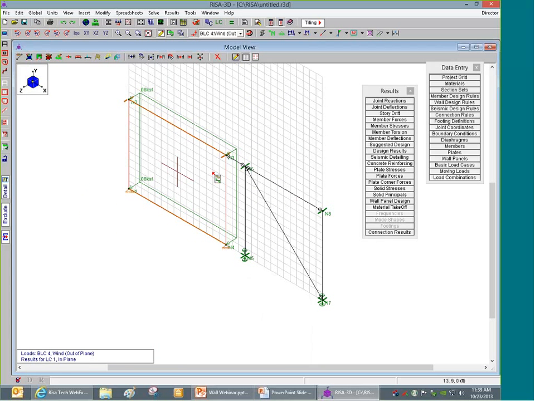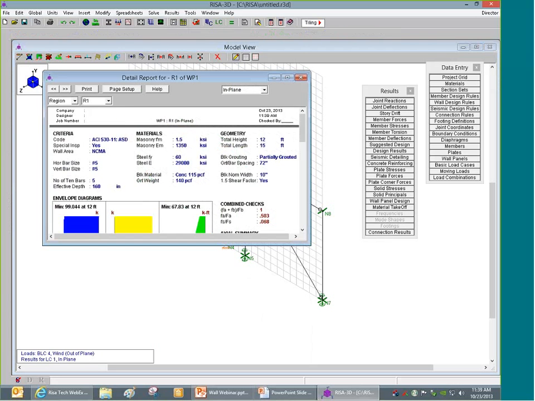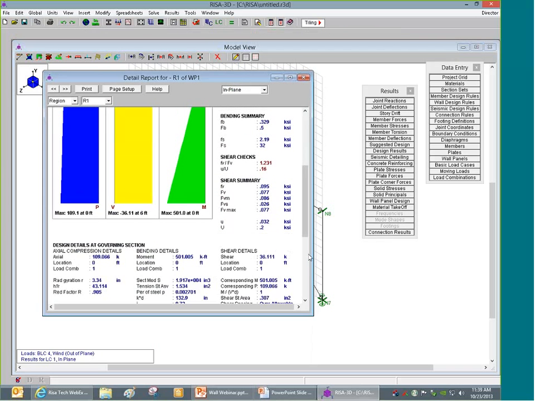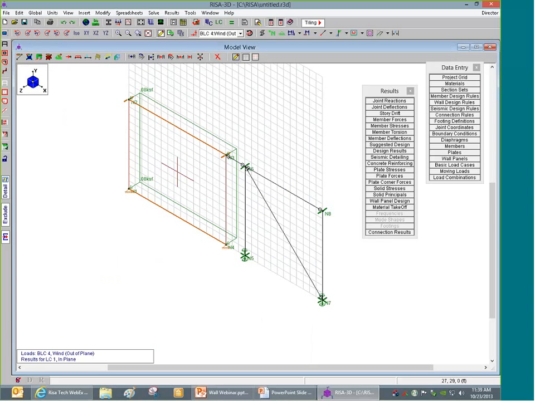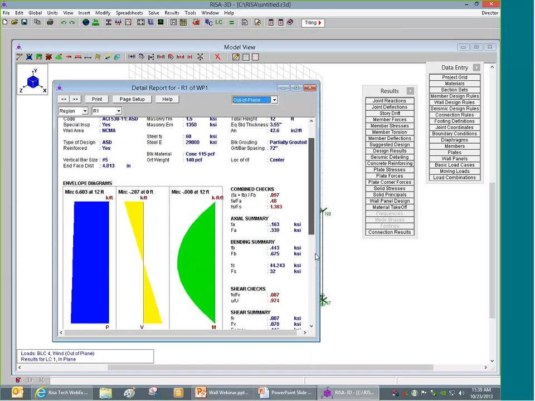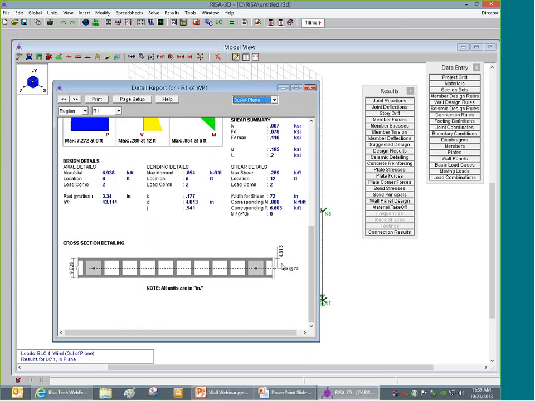So this wall is clearly failing right now due to those forces that we have. Now, another thing to consider is that because we have the grouting at 72 inches on center, as opposed to more frequently, we have a lesser wall area than we would if this was fully grouted. And what the code advises you to do for the stiffness of the wall is to use something called the